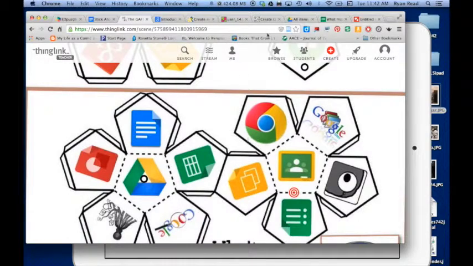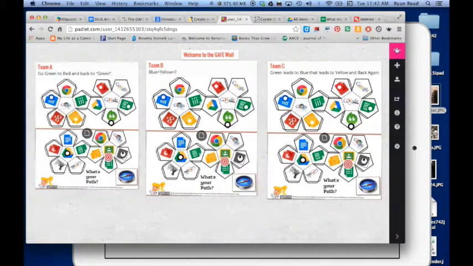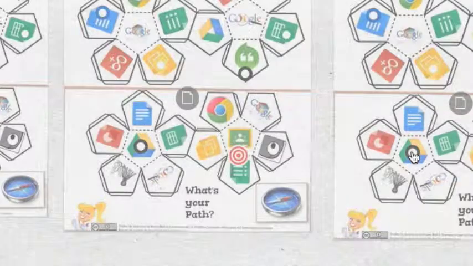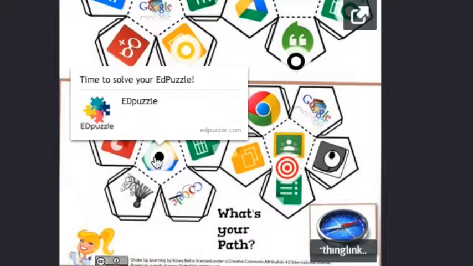On the final step for my Padlet here, we will look at the final team. The final group, Team C, says green leads to blue, that leads to yellow, and back again. So how does this work here? Well, if you of course know, this is the Google Drive. If you click on the Google Drive app, of course, you will see that the final form is to solve an